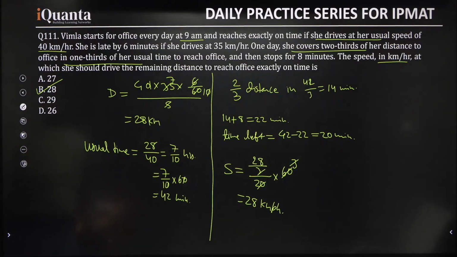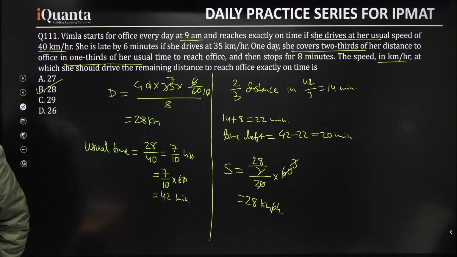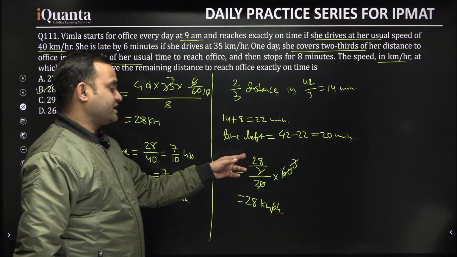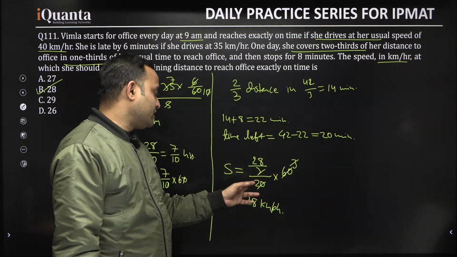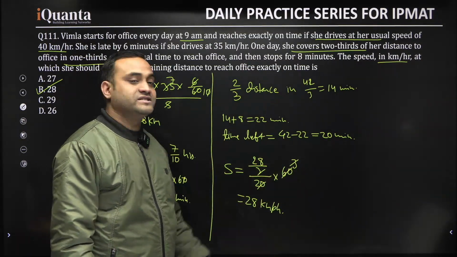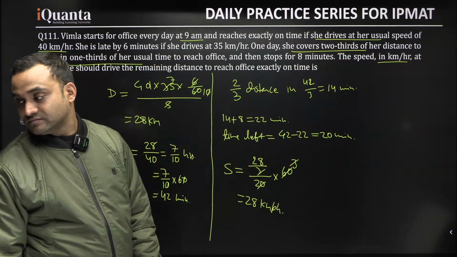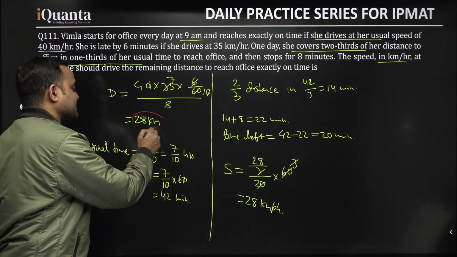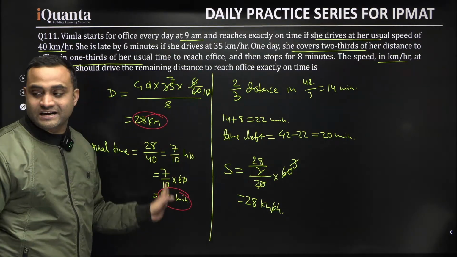2/3 distance is travelled in 14 minutes plus 8 minute rest, so total 22 minutes. 1/3 distance is left, which is 28 by 3, that should be covered in 20 minutes or 20 by 60 hours. है ना? आकाश देखो, एक तो ये वाला क्लियर है, दिस डिस्टेंस एंड दीज टू, यहां तक क्लियर है? आकाश बताओ,